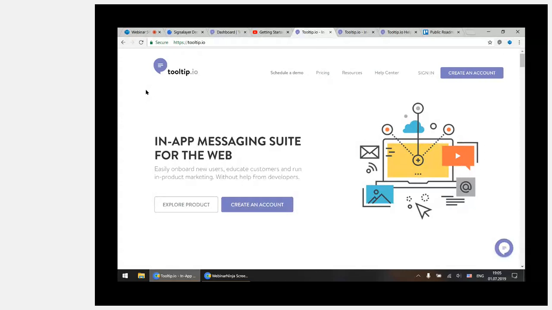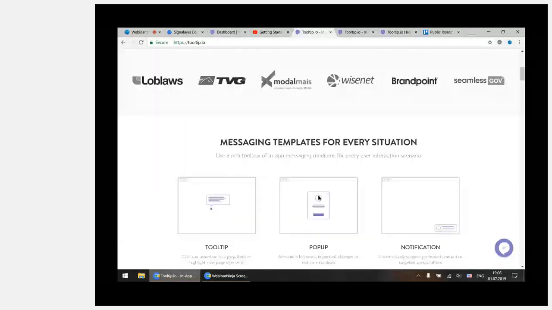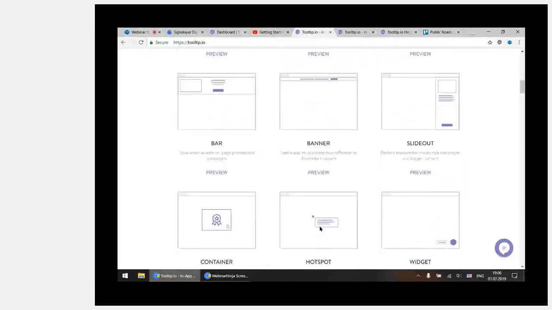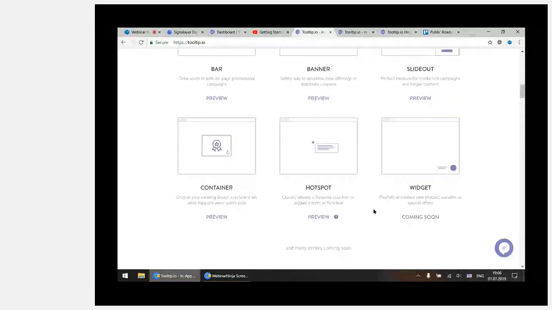So let me start very quickly by talking about what Tooltip is. We've always thought of Tooltip as kind of a versatile toolbox for various different use cases. That's why it's called an in-app messaging suite for the web. I personally come from a product marketing, product management background. And one of the problems that we personally faced was messaging our own users, keeping them abreast of changes, getting them up to speed on new features that we roll out, and also